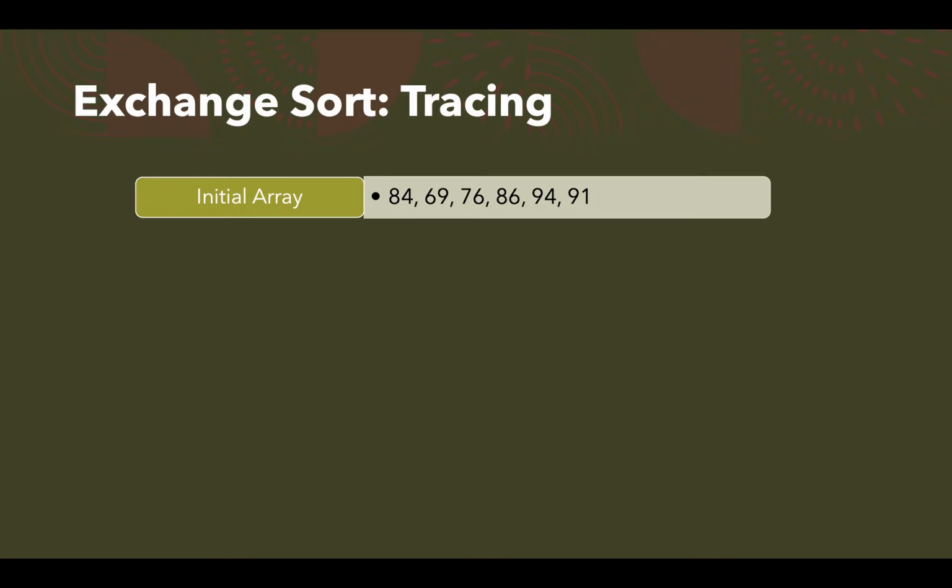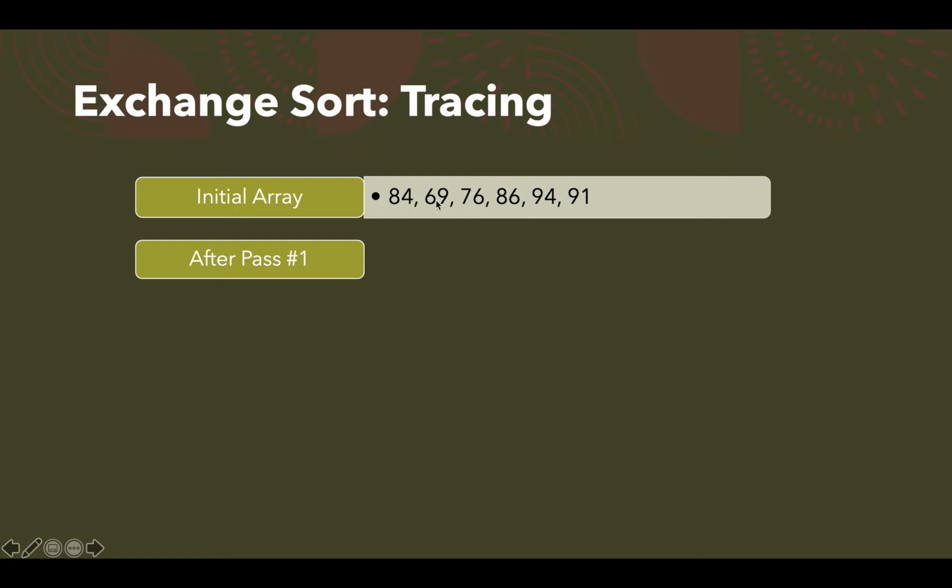So this is the input 84, 69, 76, 86, 64, 94 and 91. So one pass, that is the first iteration of the loop, what will be the result? So here as per the algorithm 84 will be compared with 69.